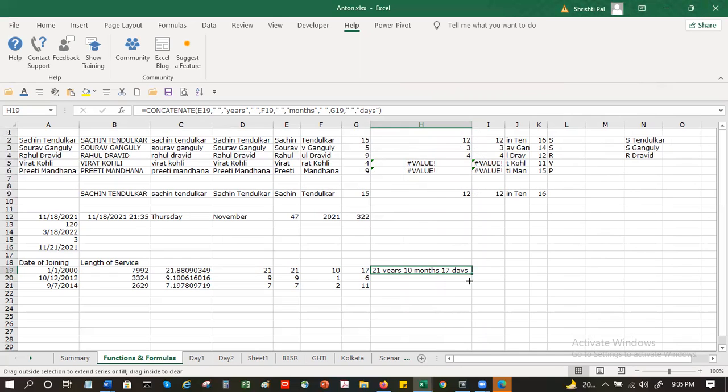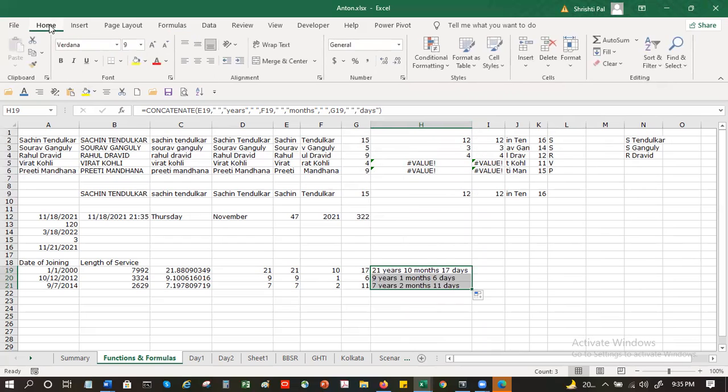Now, when I drag this, this auto formulates. Yes. Okay. Perfect.